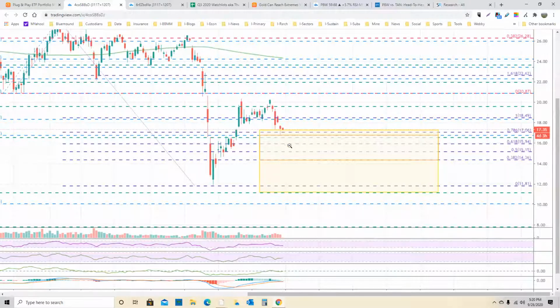Now, does it come down a little lower? I think probably. And again, I think probably close to this orange line, about 15-ish, is probably what we're going to see. Could it go down lower on a dollar that gets much stronger? It could. The one thing to remember about the dollar is, and I go through this all the time,